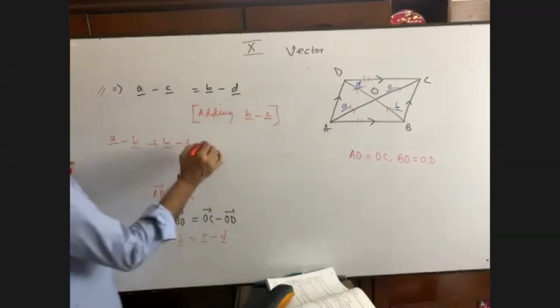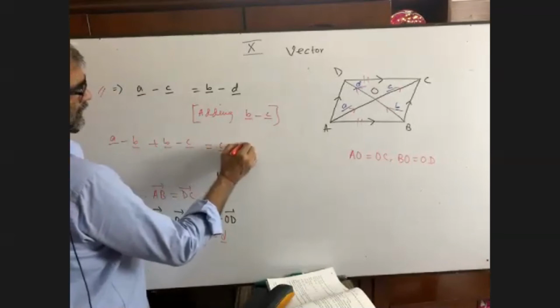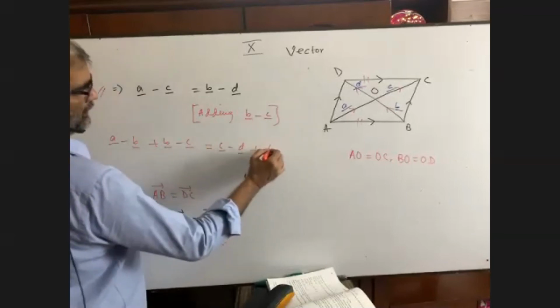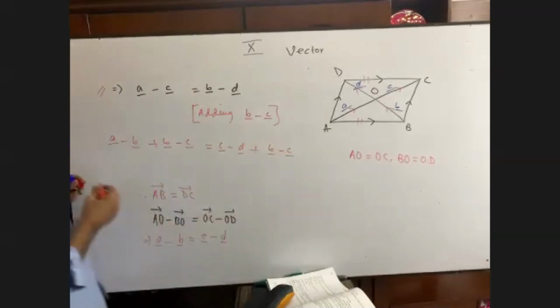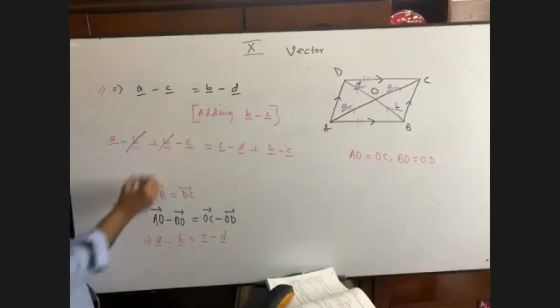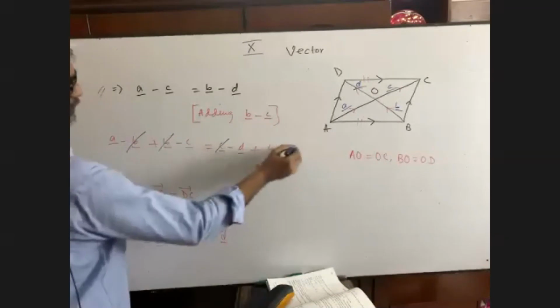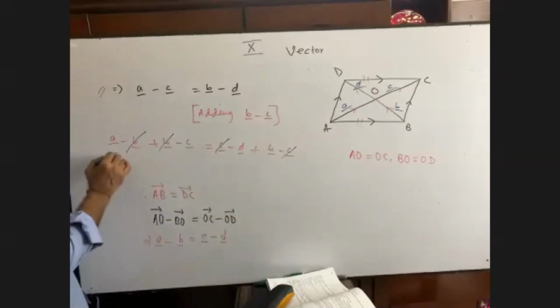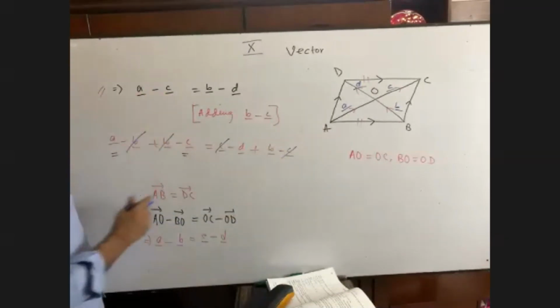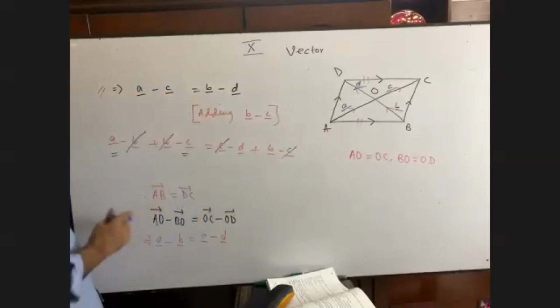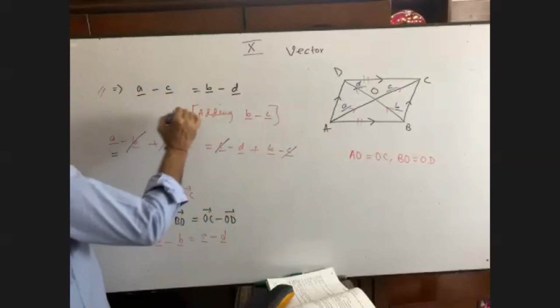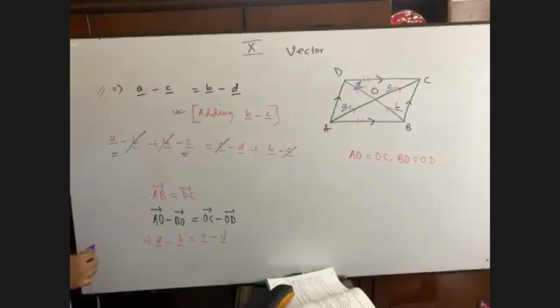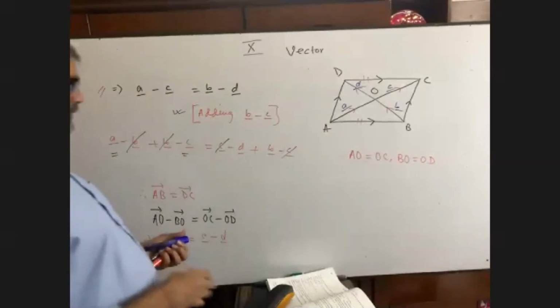It is C minus D. We have added B minus C. I told you it is not necessary. Now you see, if I go for adding, this will be omitted. Plus C minus C will be omitted. So you are left with A minus C and here B minus D. Okay. If it is possible, you can write down, otherwise not. For the advanced and prominent students, it is.